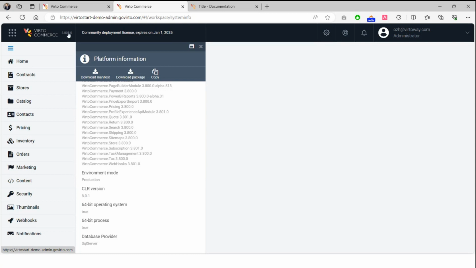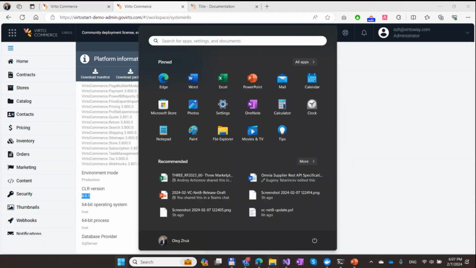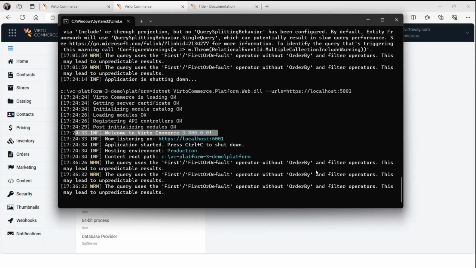Click on the version information here and check what kind of version you have. Before it was .NET 6, now it's .NET 8. And the final one, I think, is more interesting. If you launch Virto Commerce on .NET 8, you will see a welcome message in the console,